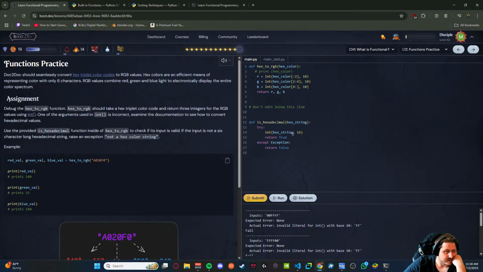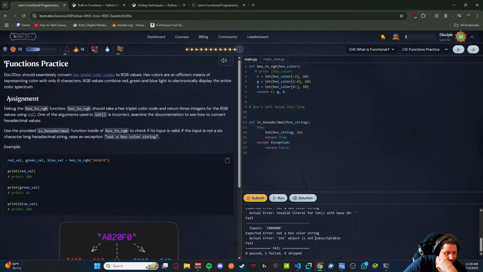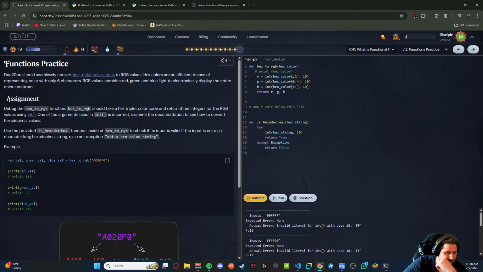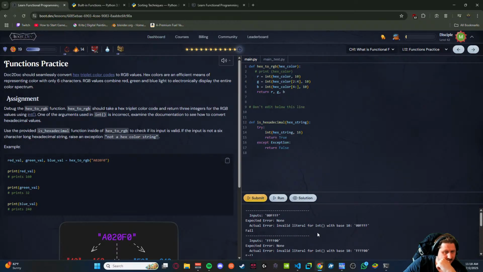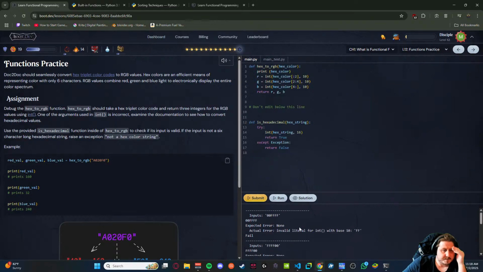Integer of hex string. This prints that.